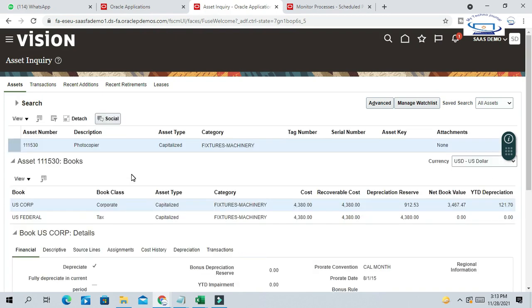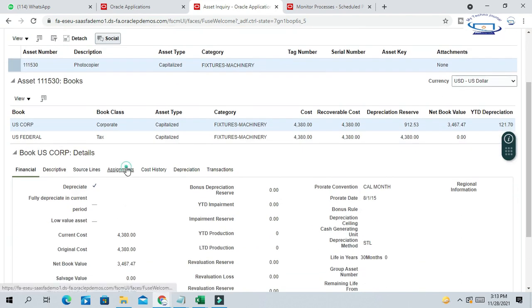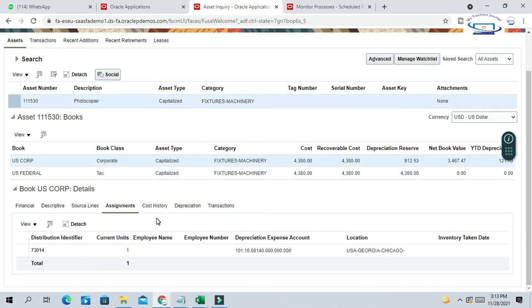For this particular asset, we want to do the mass unit adjustment. In real time, you can get a lot of assets and prepare the data. You can do this manually also, but I will try to do it through the FBDI process.